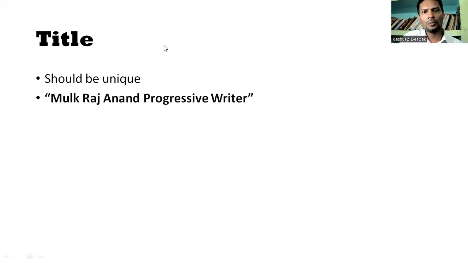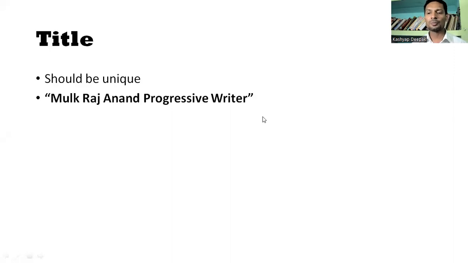So this, what we can say, Mulk Raj Anand as a progressive writer, is the thing for which I got a fellowship from Penn State University, where I was establishing progressive writers in Indian literature, and this book is a result of that. That was for the progressive movement, and several important authors are established as progressive writers in this book. And that is why I chose Mulk Raj Anand as a progressive writer. Even if you Google it or go to Shodhganga and check how many times Mulk Raj Anand is presented as a progressive writer, you will find it rarely.